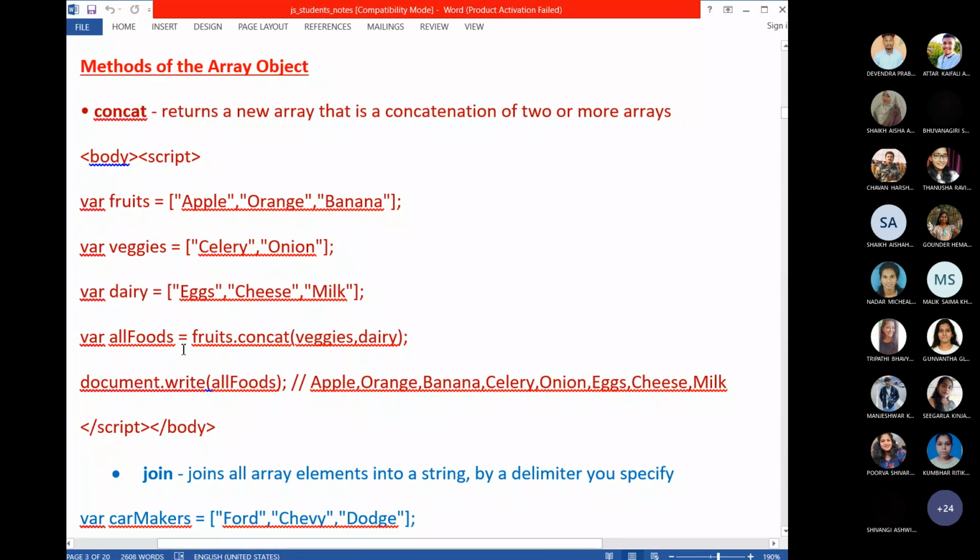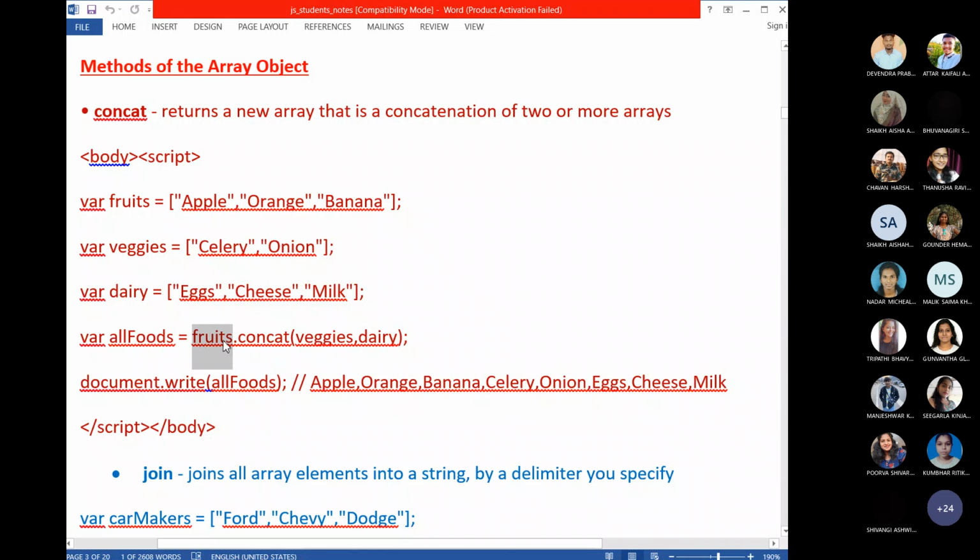Now, when I say the syntax, first you have to write the array name. There are three arrays here, and you can write any array here. After you define an array, the variable will be an object, so you can write any object name here.